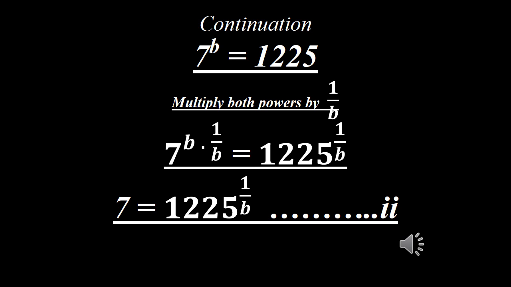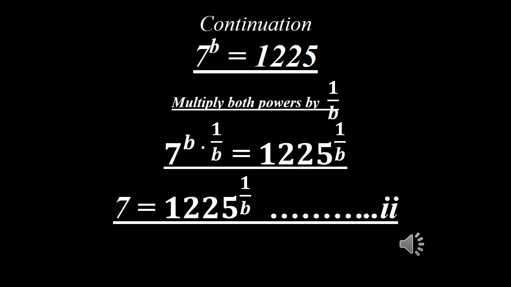Now the second one. Since we have 5 raised to power a equals 7 raised to power b equals 1225, we have two equal signs there. We can also equate 7 raised to power b equals 1225. So if we multiply both powers again by 1 over b, we have 7 raised to power b times 1 over b equals